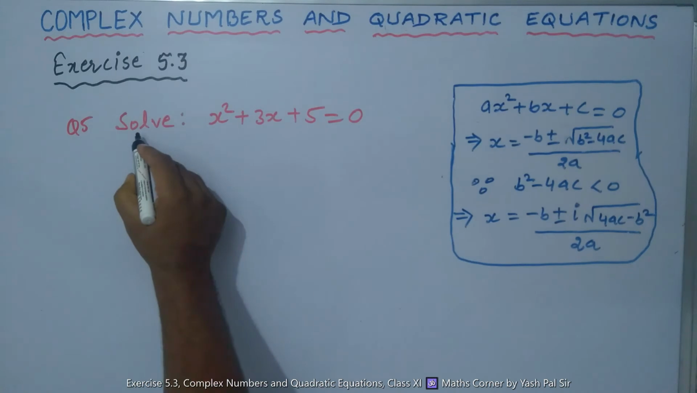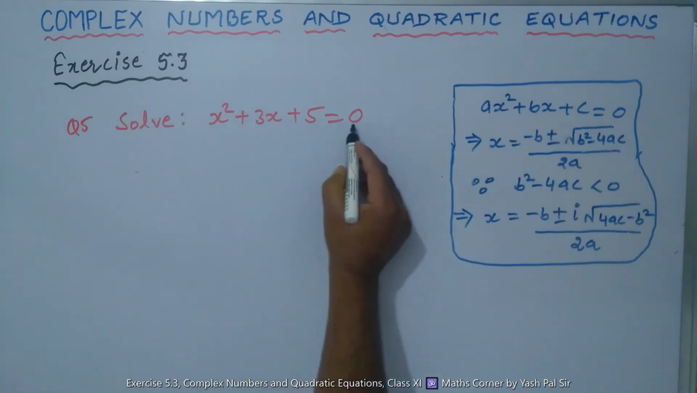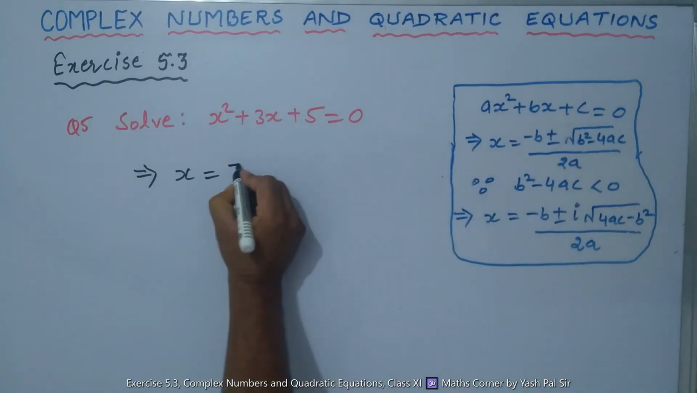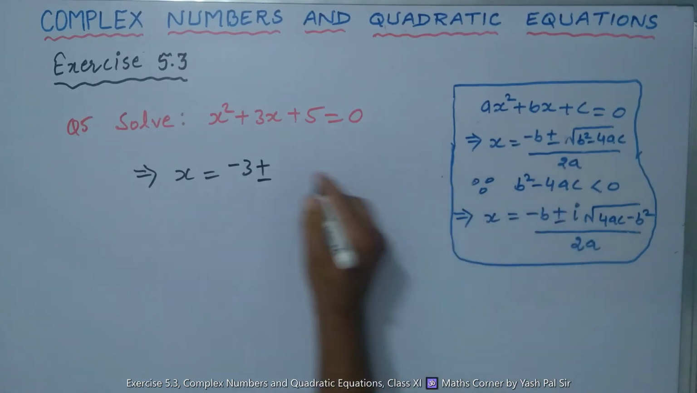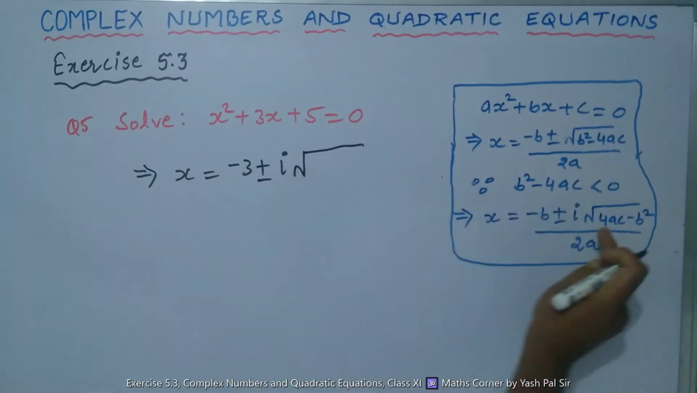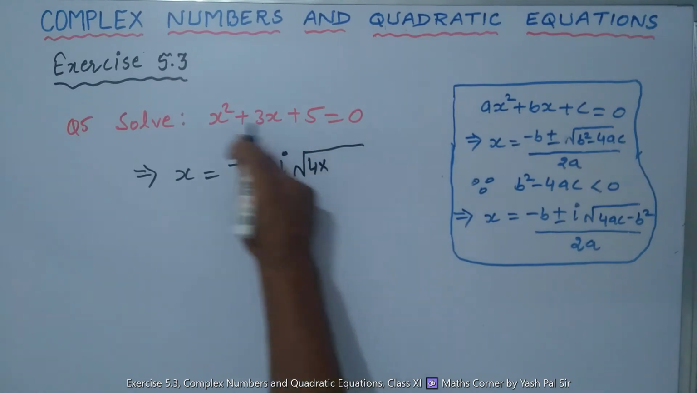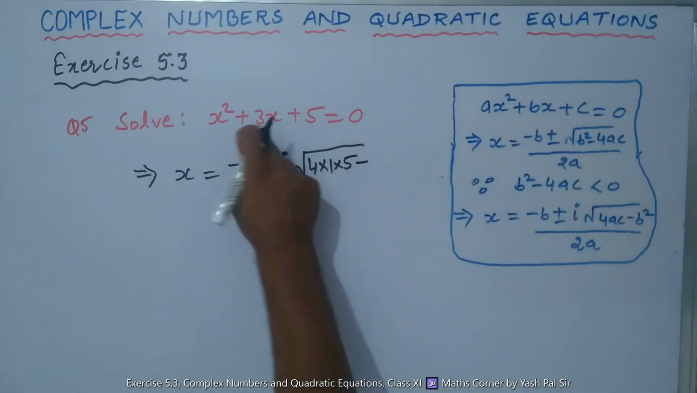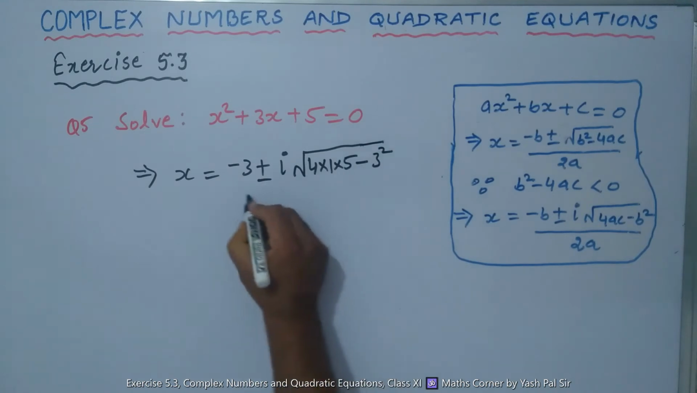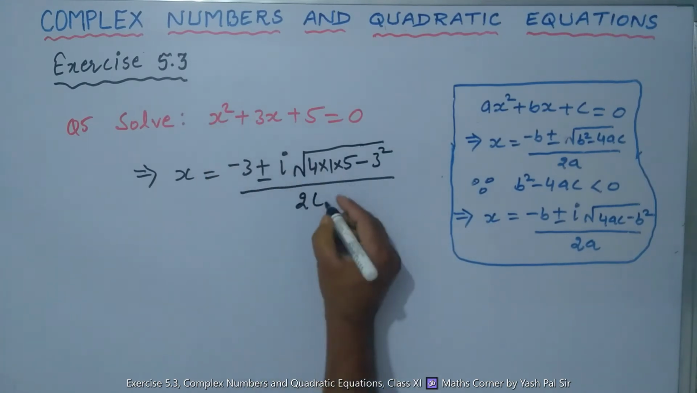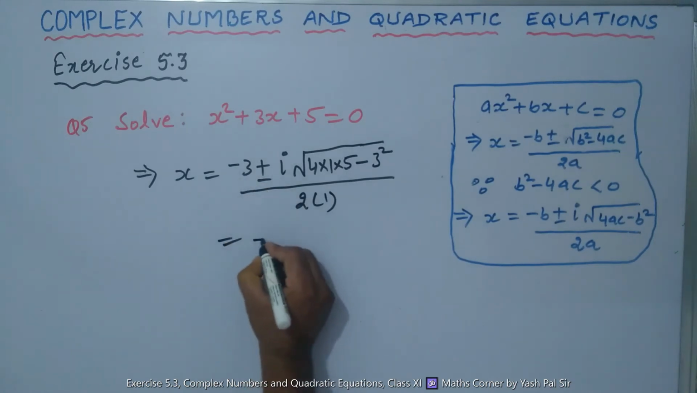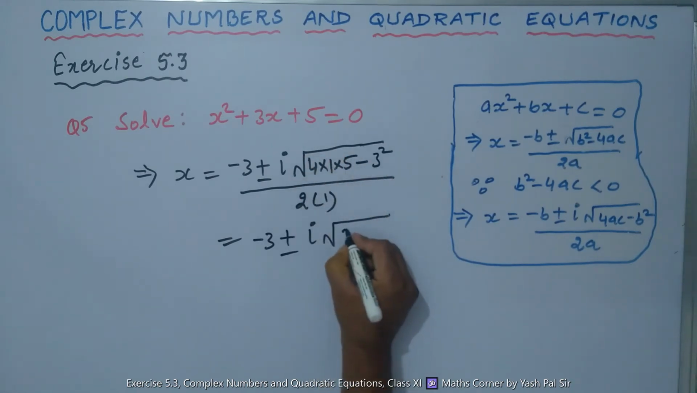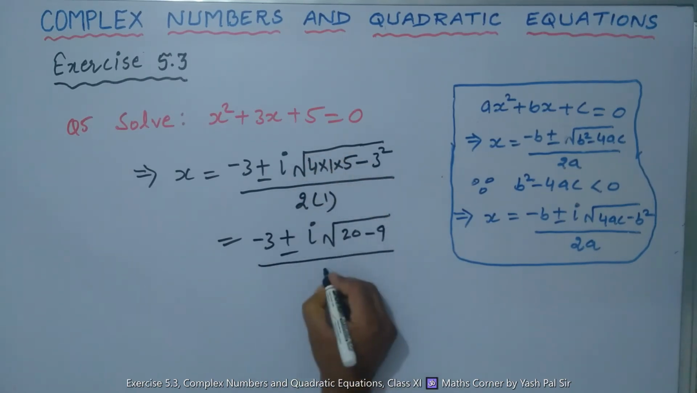Question number 5 is solve x square plus 3x plus 5 equal to 0. So this means x is equal to minus b, minus 3, plus minus iota square root of 4ac, 4 into a is 1, c is 5, minus b square, b is 3, whole square, upon 2 into a is 1. So this is equal to minus 3 plus minus iota square root of 20 minus 9 upon 2,